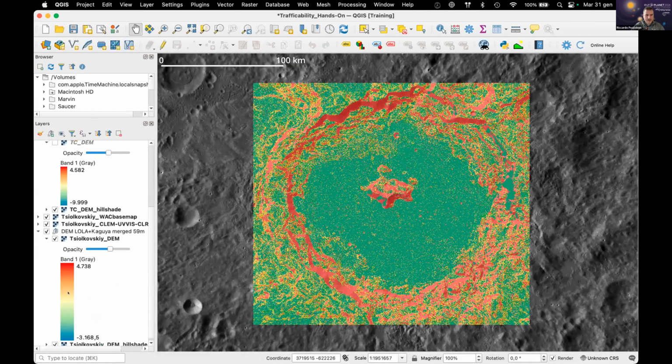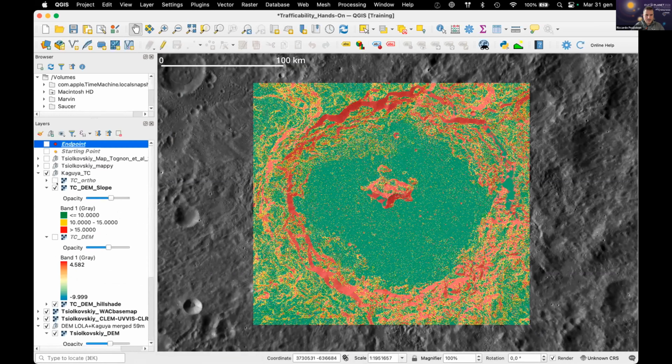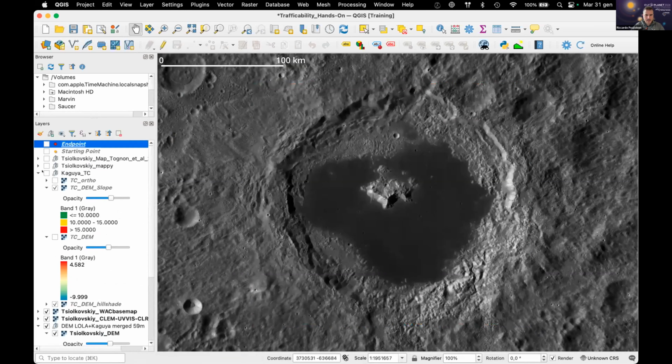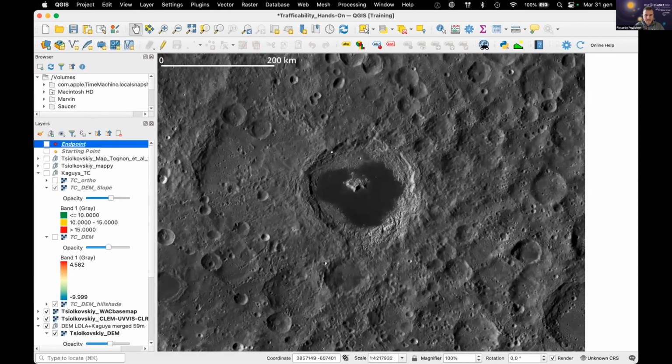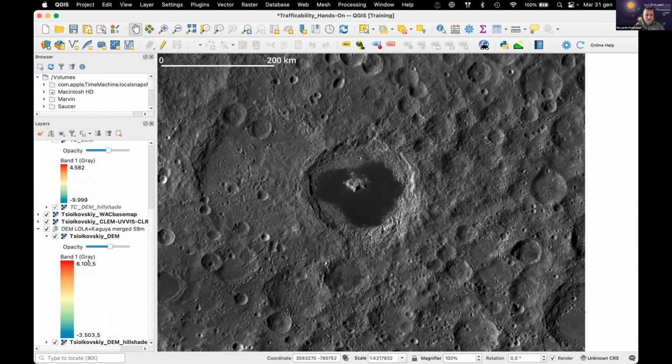And I have here another DEM, a lower resolution one, but wider in scale. So for the moment, let's switch off this one and let's go wider. This is the Tsiolkovsky crater. You see some of the ejecta rays, the inner infilling, the peak ring, the central peak, and so on. The first thing we can create using the topography